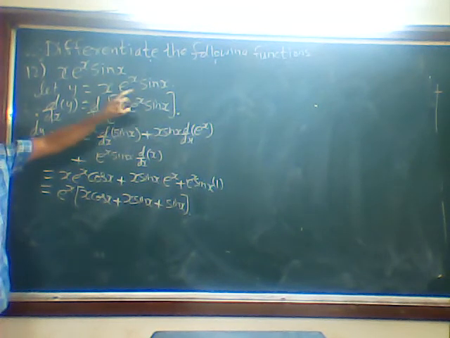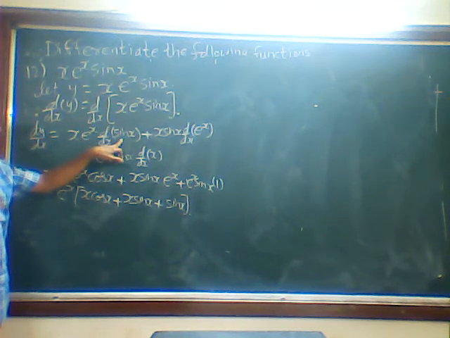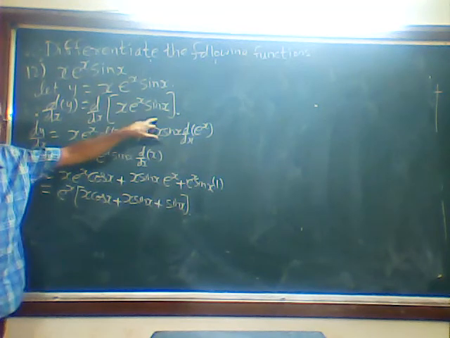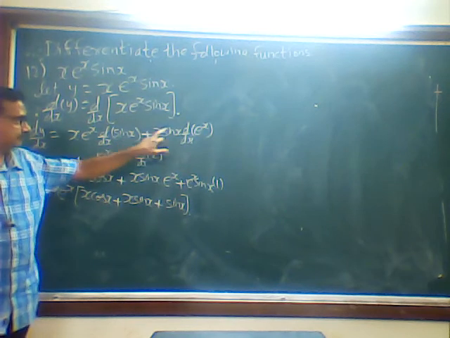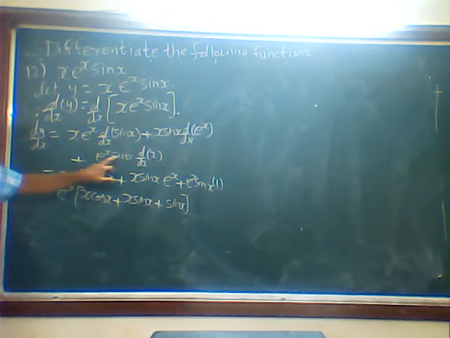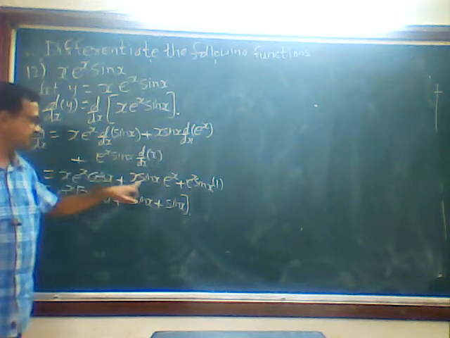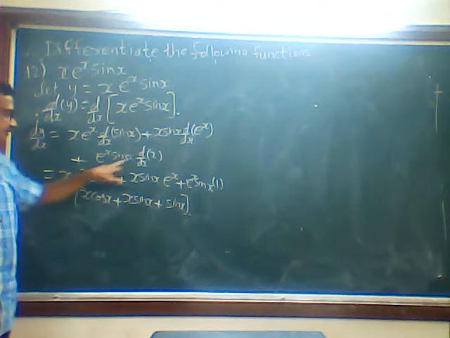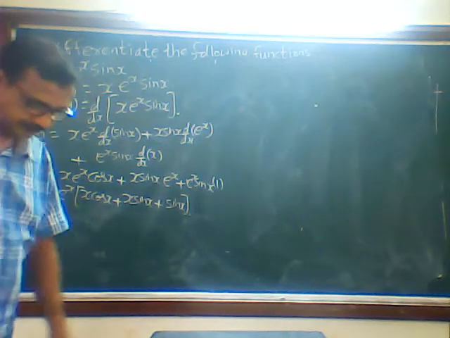Got it? u, v, w. I am keeping what? u, v as it is, I am differentiating w. Otherwise, you can say first term, second term, third term. First two terms as it is, differentiation of third term, plus first term, third term as it is, differentiation of second term. Next, plus second and third term as it is, differentiation of first term. So all should be given a chance. Then after that, first two terms as it is, differentiation of this is this. Again these two terms as it is, differentiation of this is this. Again as it is, d by dx is 1. Okay, we'll do one more in this, then we'll go with the other thing.